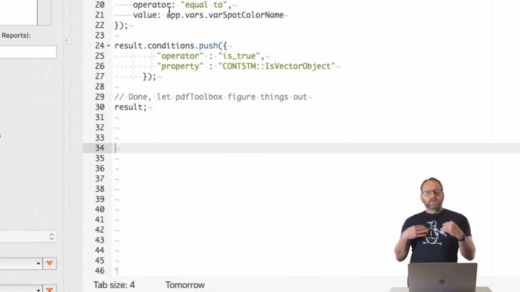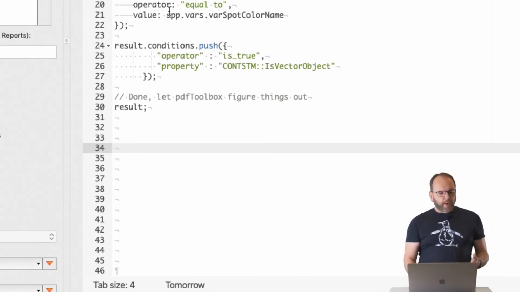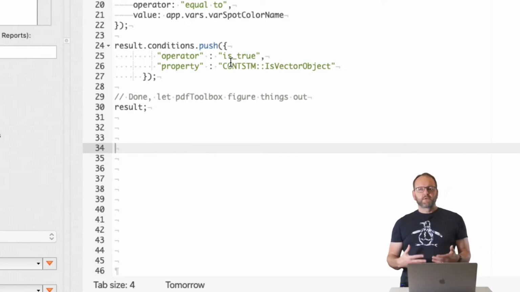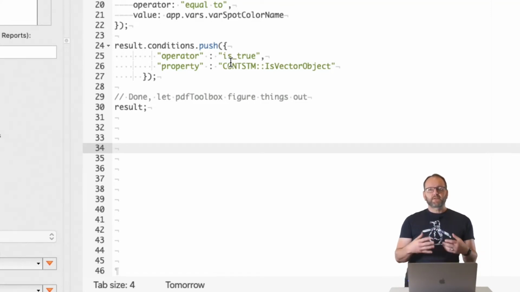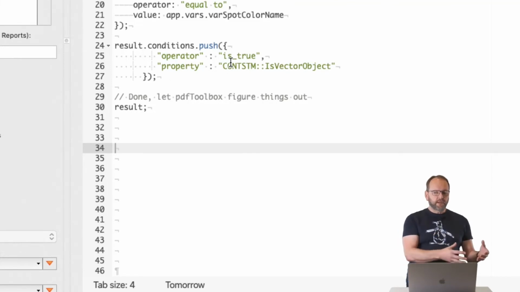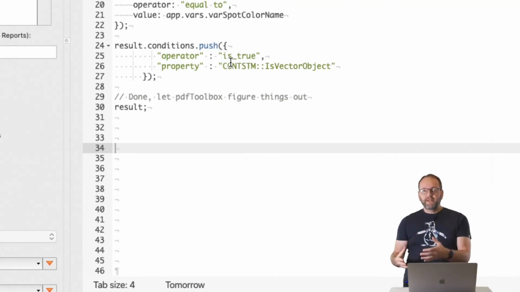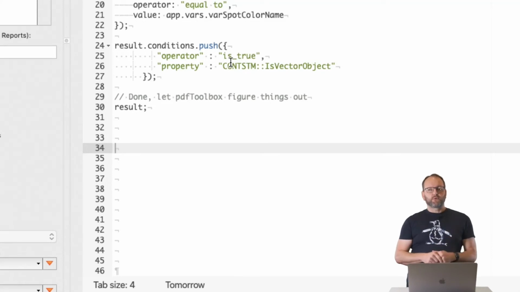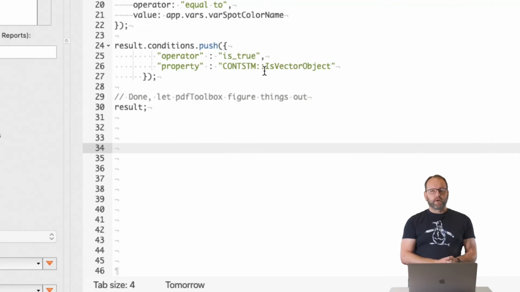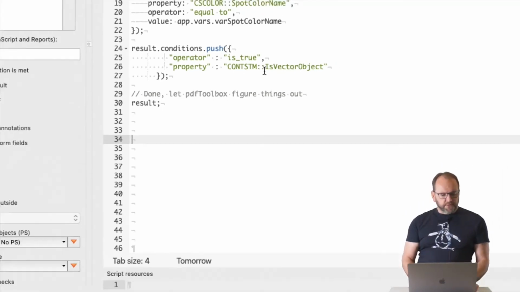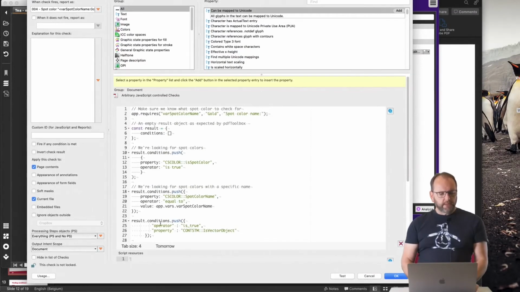Yeah. So instead of having to know by heart what these property strings are and what all the rest of this stuff is, I can do 2 things. I can pick up a check that already exists and ask pdfToolbox to give me the JavaScript for that check, or I can say insert base check, and then I can configure the conditions that I want, and those I can also get as JavaScript. And then you just copy paste the pieces that you're interested in, and when I add that, it is now going to be limited to vector objects. So all of a sudden, I no longer have 2 conditions in my array, but now I have 3. And when I run it, it is going to give me what is